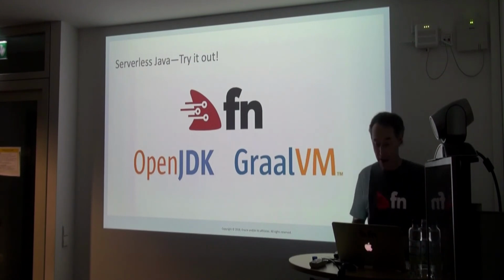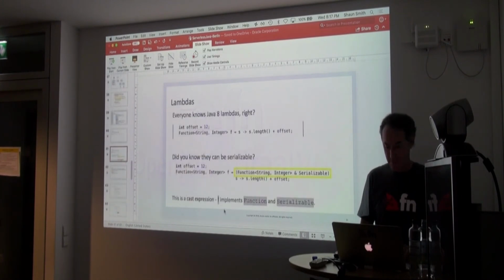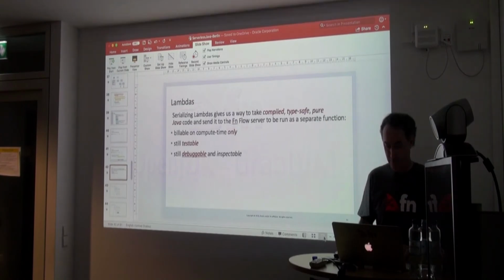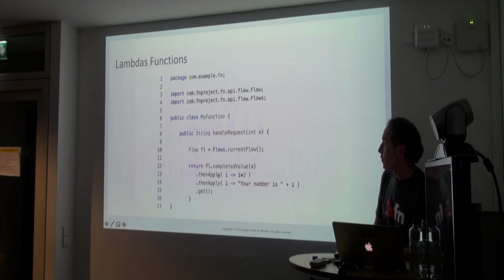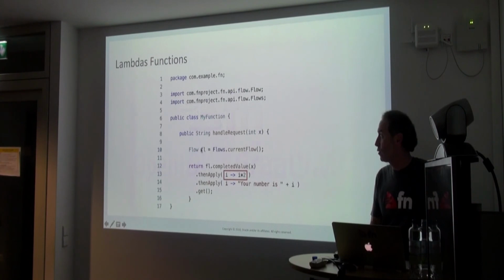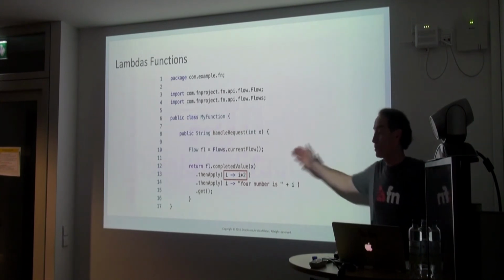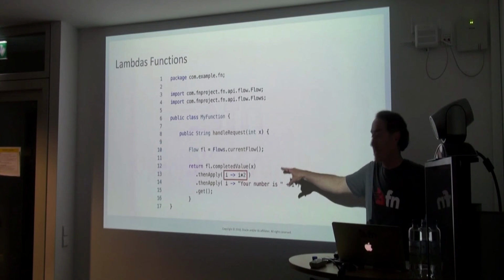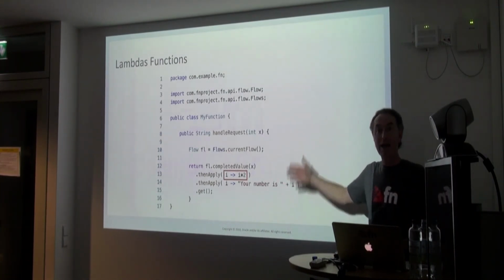So when you see the API, jump back there. Over here, you're actually talking to our classes, right? So this F1 is this flow object, and when you call completed value, you get back a flow function, flow feature. You don't get back a plain old feature, you get one of our features. So we understand what's happening here. We're taking that object, serializing it and sending it off. Because you're calling our API, we have control.